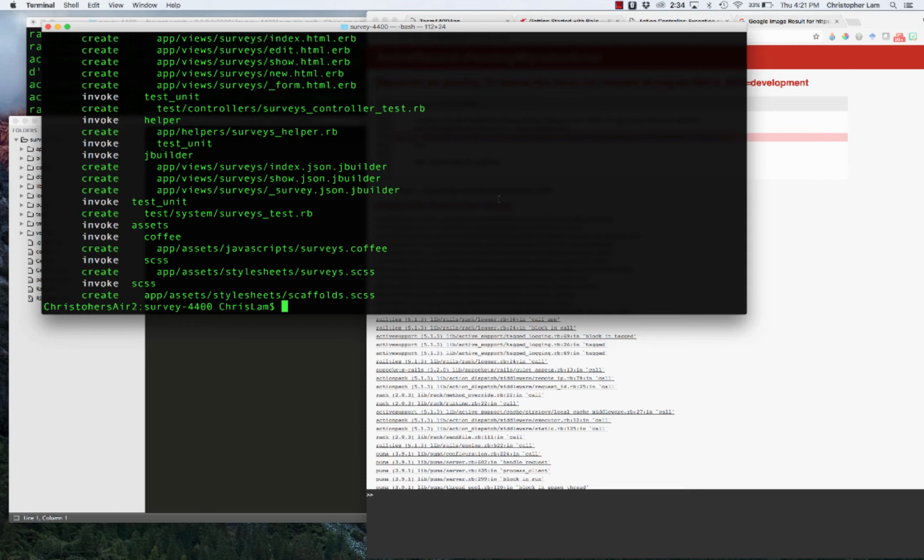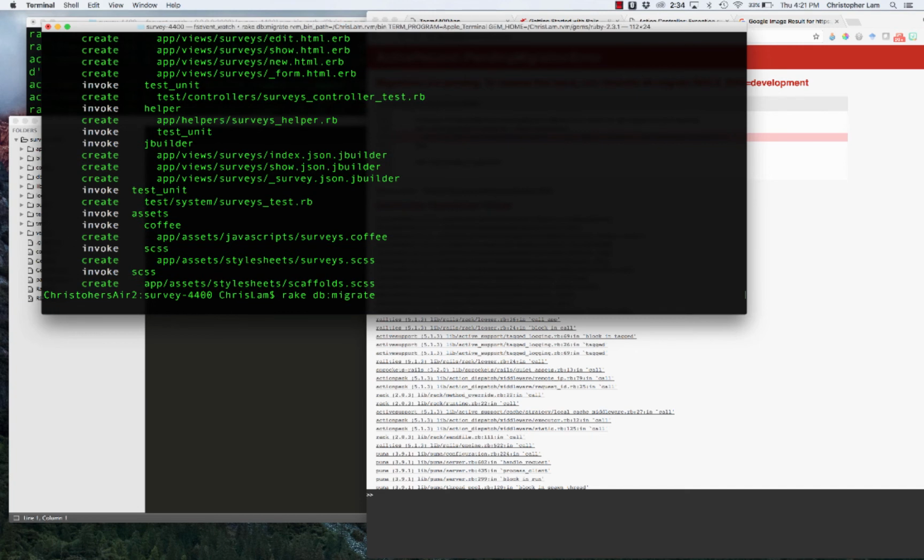Anytime you make a change to the database, we're going to do what's called a migration. To do a migration, we do rake, the word rake. Don't ask me why, I'm sure there's a good reason. db, which stands for database, :migrate. You're just going to have to memorize these things, and they'll come to you the more you code. But rake db:migrate allows us to